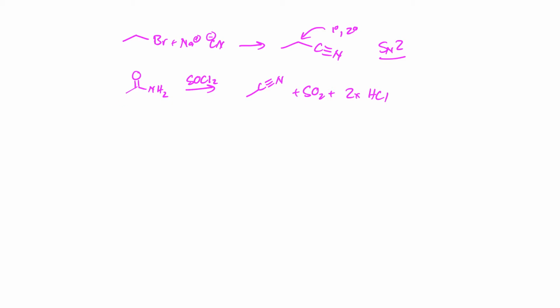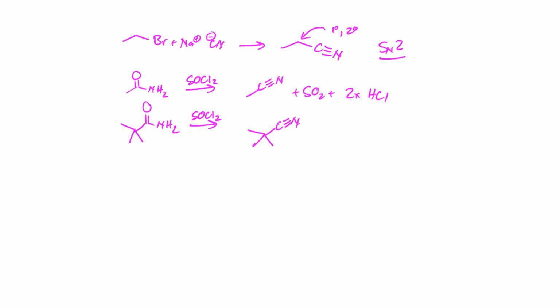It does not matter what this is. So if I wanted this carbon to be tertiary, I could start with this particular amide, react it with SOCl2, and you can see here the only difference between the ethyl nitrile that I started with before and this one is that I've added 2 methyl groups to this carbon bearing the nitrile, and you would not have been able to make this particular compound using